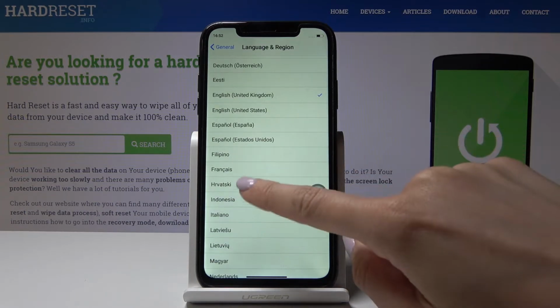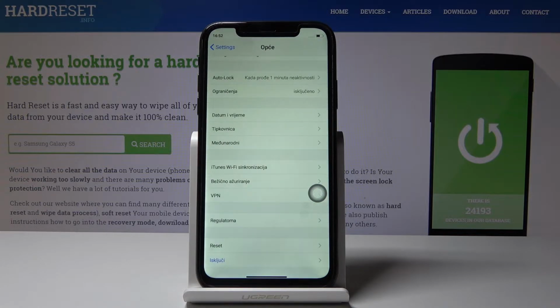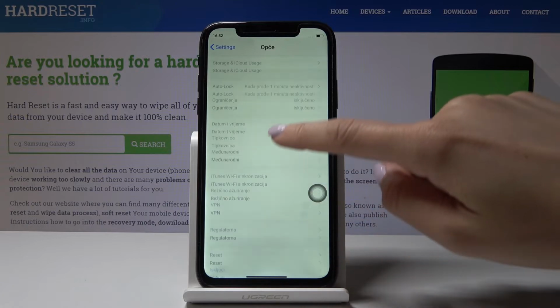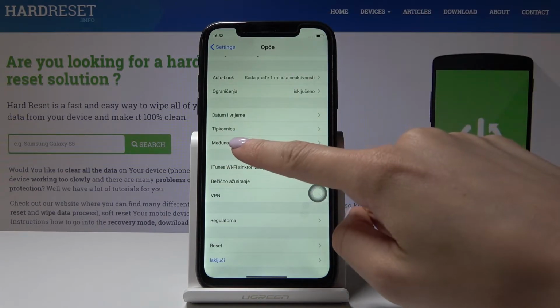So let me pick, for example, Hrvatski. Click on it, and from now on it's all set up and all the menu is in Croatian. And then select one more time this icon,